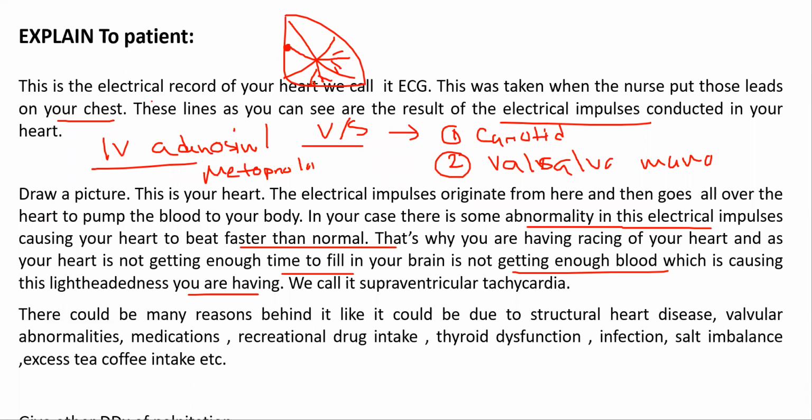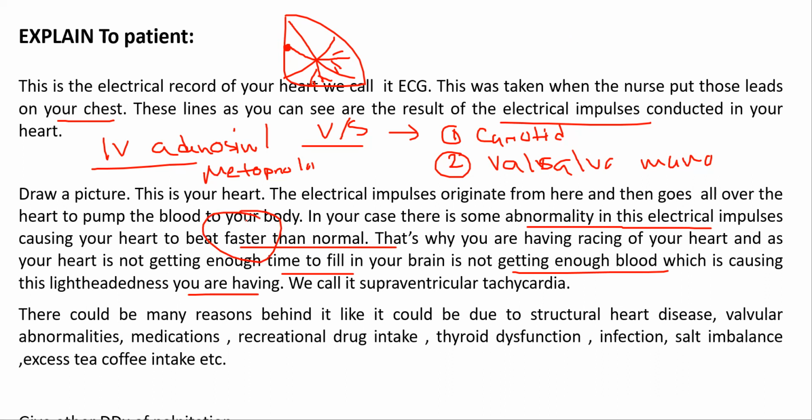So you will say this is the electrical record of your heart. Then the nurses put those leads. As you can see, some of these lines here are the electrical impulses conducted in your heart. And then you can explain that your heart has 4 chambers, and the electrical impulse usually starts from the upper chamber and then goes all over the heart to pump the blood to your body. In your case, there is some abnormality in this electrical impulse. Especially, there is some abnormal impulse originating from the upper chamber of your heart, causing your heart to beat faster